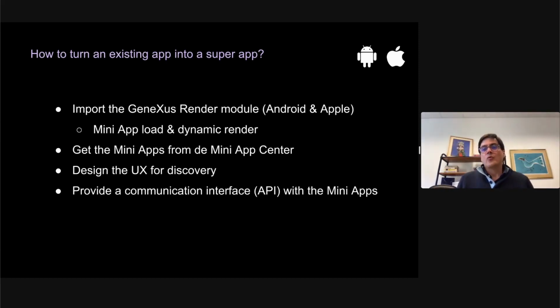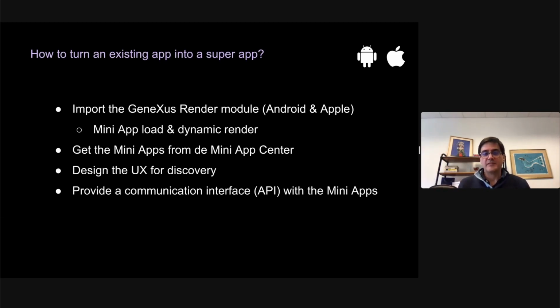Now, delving into how to transform an existing application that was not developed with GeneXus into a super app, we have everything documented on GitHub. The steps that you need to follow are, first, you import the GeneXus render module, which is the one that will transform this application into a super app. That will be the one responsible for the dynamic loading. That is available both for Android and Apple. Then you need to get the mini apps,